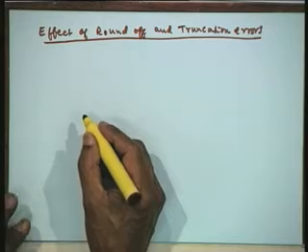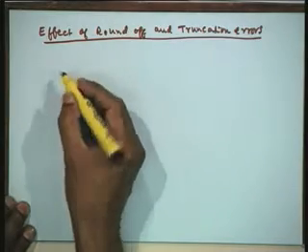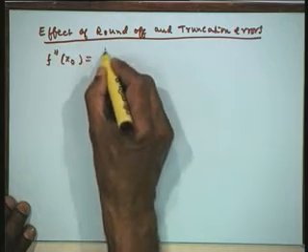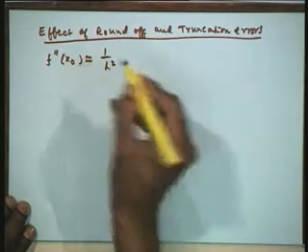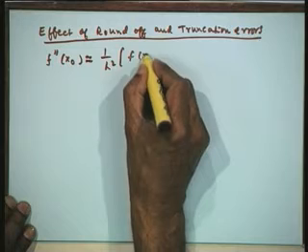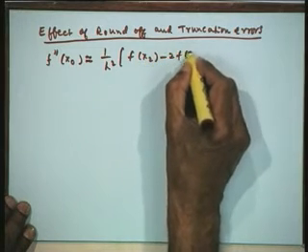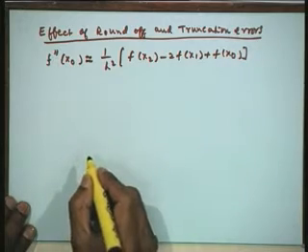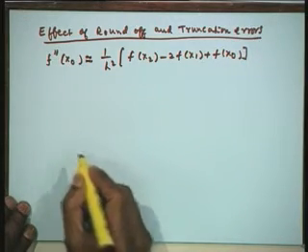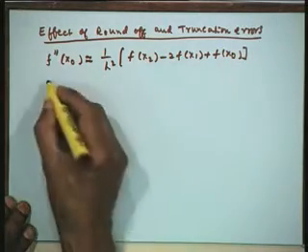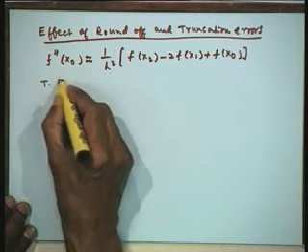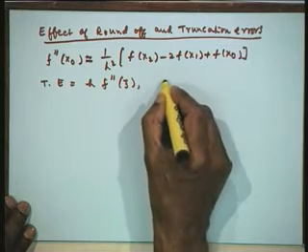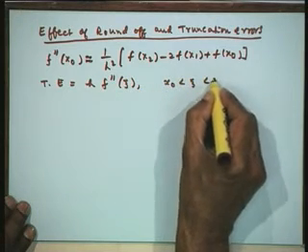Now, I shall illustrate it through an example as I have done in the previous case. Let us take any particular formula. Let us take the formula that we have derived using the forward differences. This is approximately 1 upon h square [f(x2) - 2 f(x1) + f(x0)]. Now, we have given the error expression for this already. So, let us take this error as a truncation error equal to h f'' of xi lying between x naught and x2.